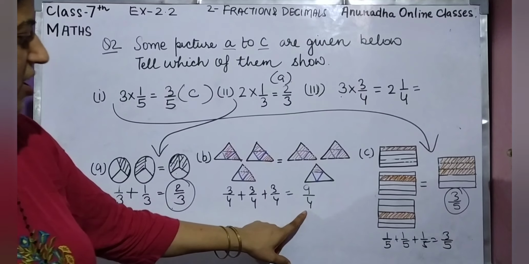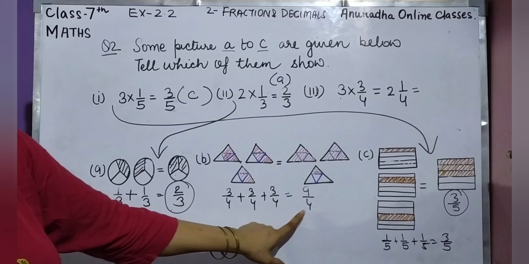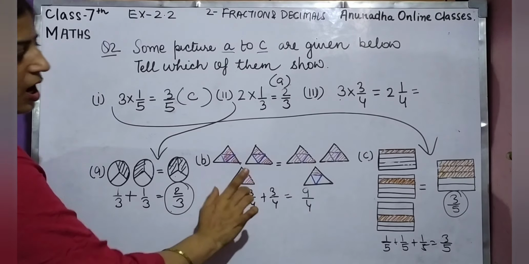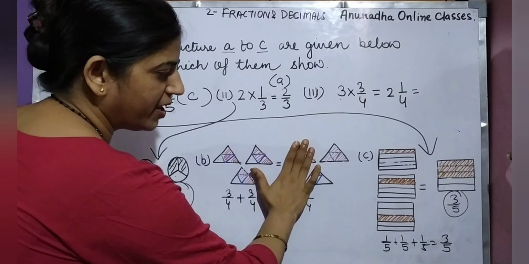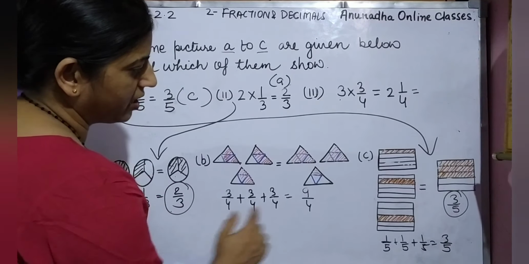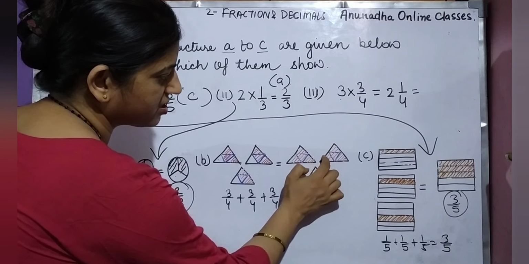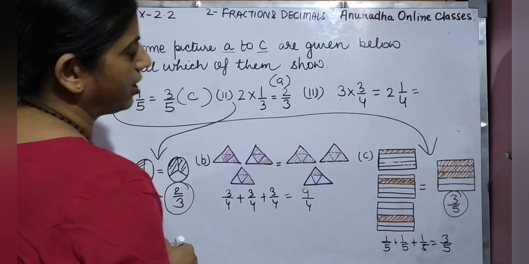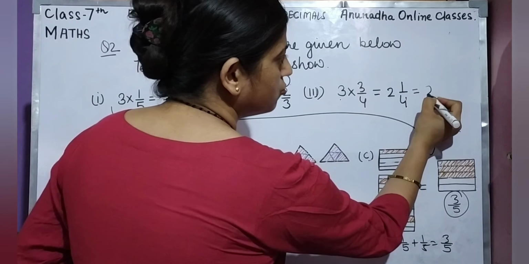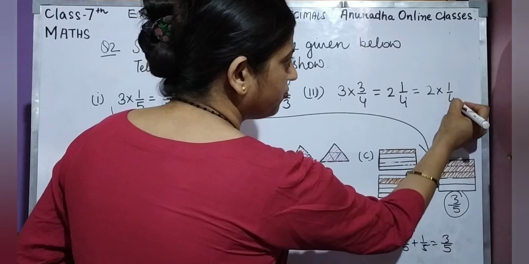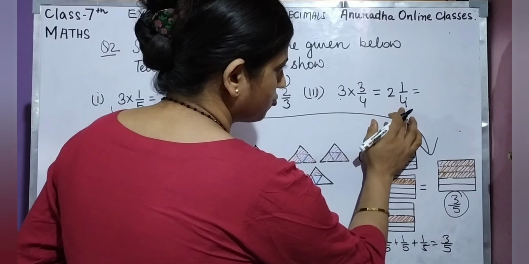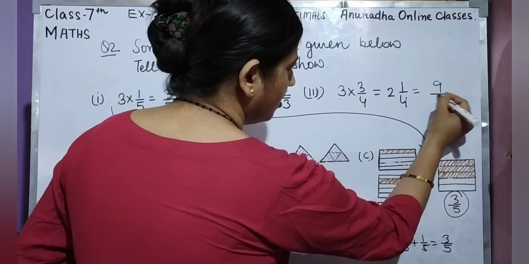See children, here we are having 9 by 4. Now see which is having 9 by 4? 3 by 4 3 times. अब यहाँ देखेंगे, this is complete 1, 2 and third का 1 part, that is 1, 2, 3, 4, 5, 6, 7, 8 and 9. 9 by 4 आया. अब यहाँ देखते हैं, 2 is 1 by 4 means 2 into 1 by 4 plus 1 by 4, or we can write it like this.